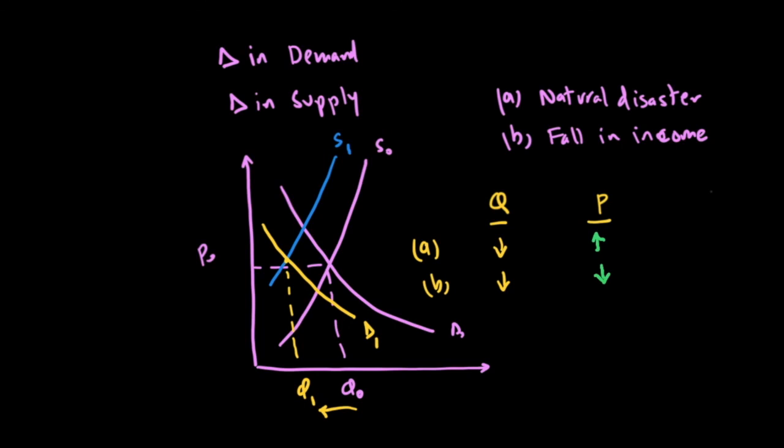So we have a problem here. We know the quantity for sure goes down because both factors are making the quantity go down. But the price, we don't know whether ultimately it will go down or not. In my diagram, for example, the price is marginally going up because of the way I've made the diagram. But whenever you have a case like this, where price is going down for one factor and up for the other factor, we'll say that the price will ultimately be uncertain